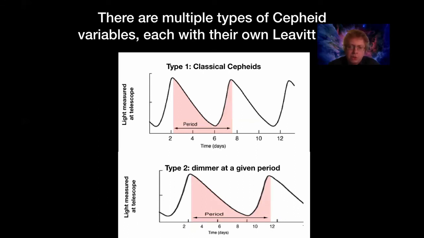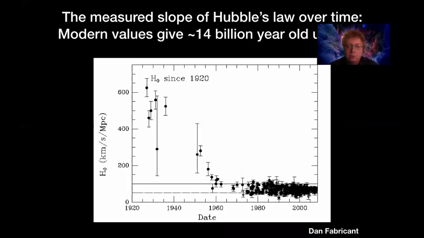The problem was there are actually two different types of Cepheid variable stars, and they each have their own different Leavitt law. Hubble was accidentally confusing these two types of stars, which caused him to measure distances that were smaller than the actual distances. And when he did this, that meant that the slope of his line, the velocities that he measured, were too steep. And it should have taken longer for those galaxies to travel back to the single point than we said earlier, which was 2 billion years.